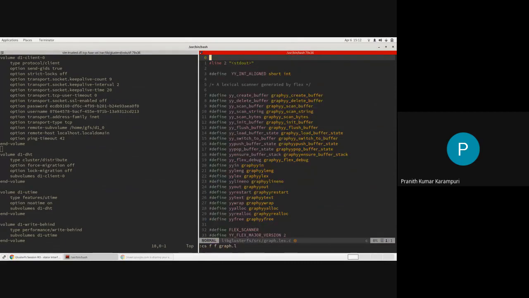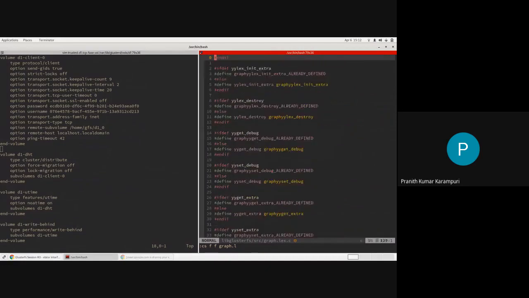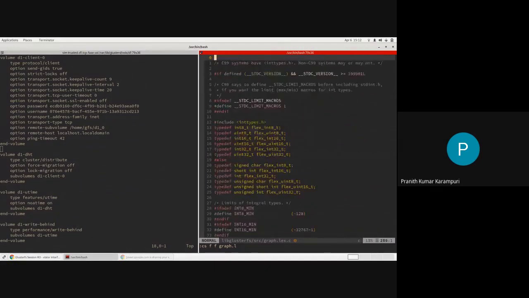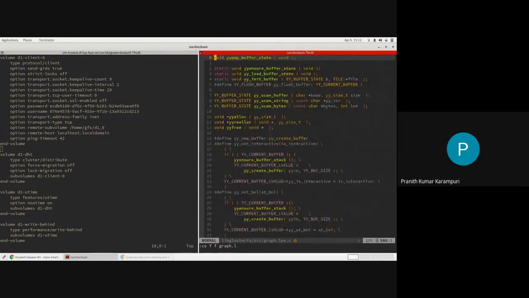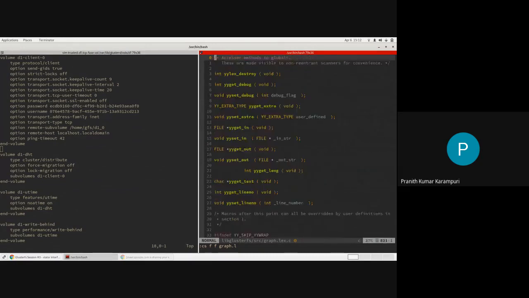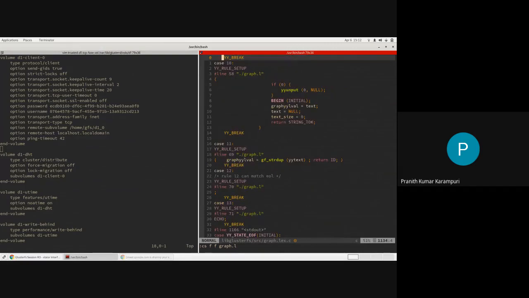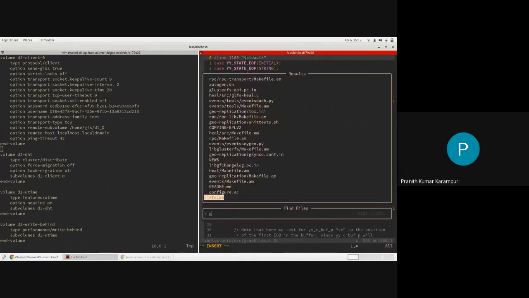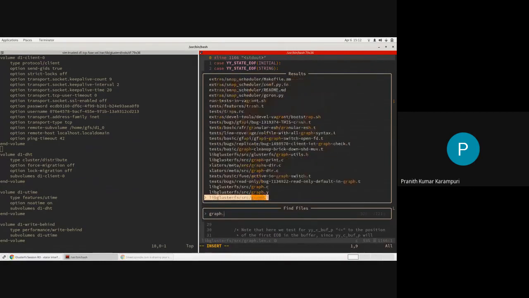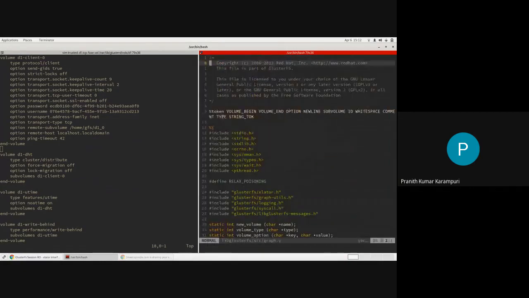Okay, so the way it works is, I think, let me check. So these are like YY parse and YY this one. I just want to show command dot y maybe. Oh yeah, so here they are.